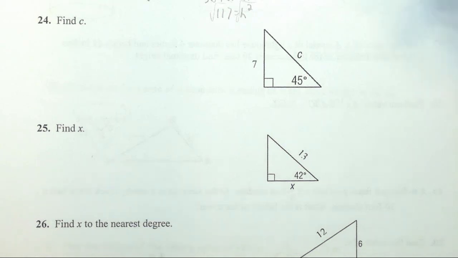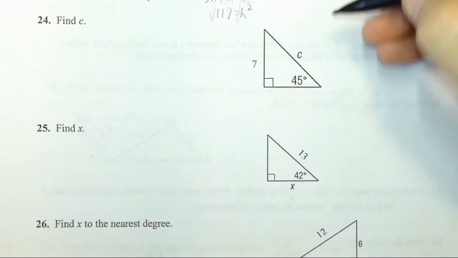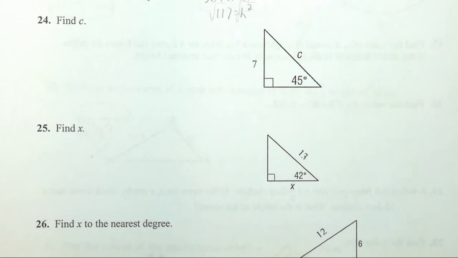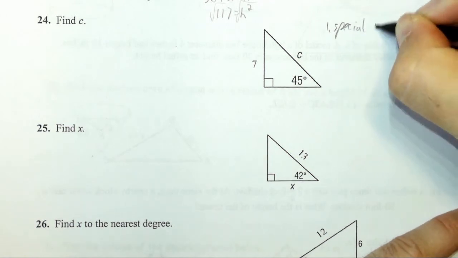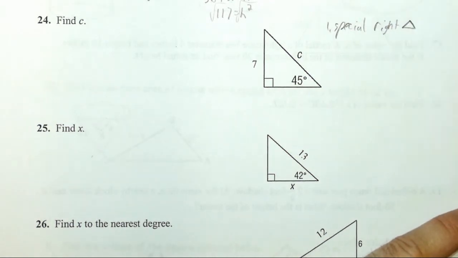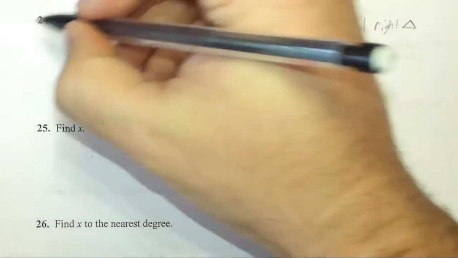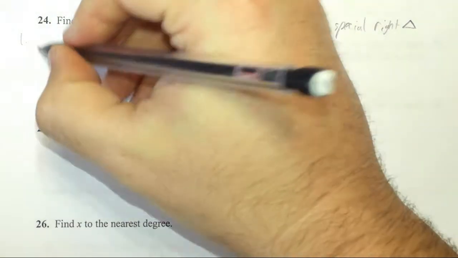Now, number 24 has several ways of doing it. We're trying to figure out the value of c, and really just depending on what you're most comfortable with. The first one is by using special right triangles. Now, not all of our classes were able to get to that this semester, and the way that works is